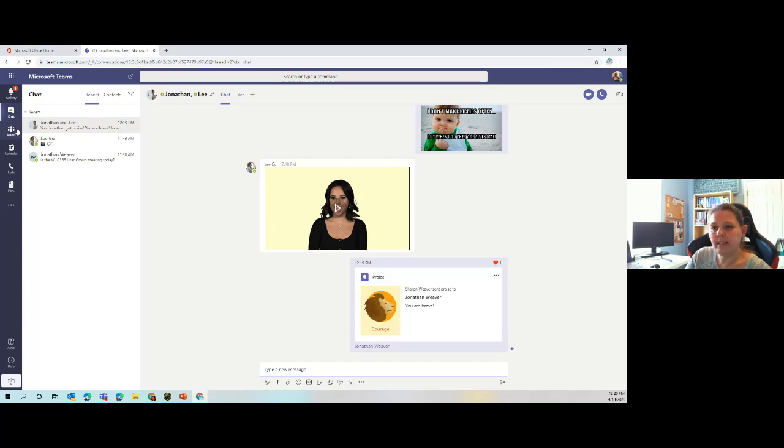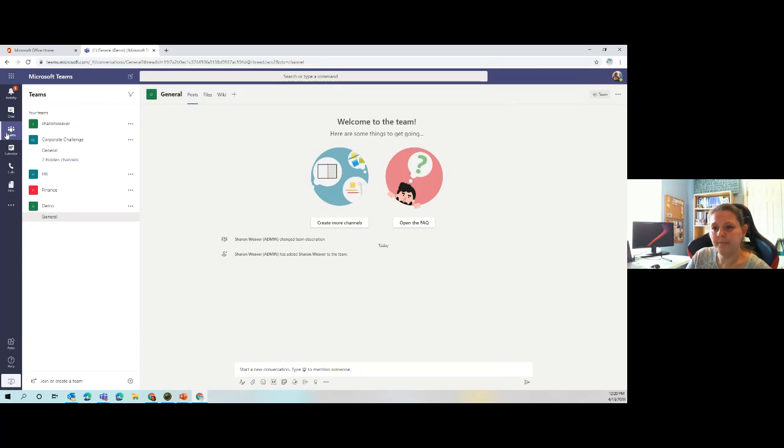So the next thing I'm going to show you is this third option on your left navigation, which is Teams. So you remember when I told you about how the group matches to the team? So you can see that I have a team name for each of these areas. And the really cool part is these are backed by Office 365 groups. So if I want to see this Office 365 group and I want to see who's in it, I can